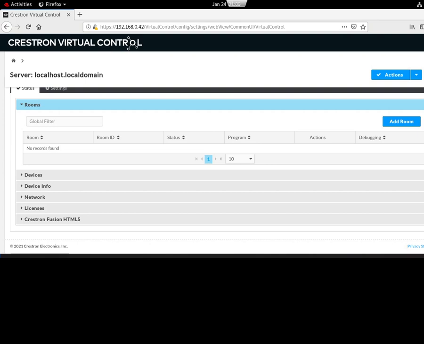When you download it, you will find a zip file. You need to unzip it and put it in a place where you know where it is. So I'm logged in here in our virtual controller, and the first step after downloading is next. We will go to the actions, add program,